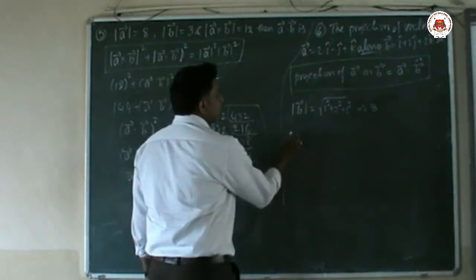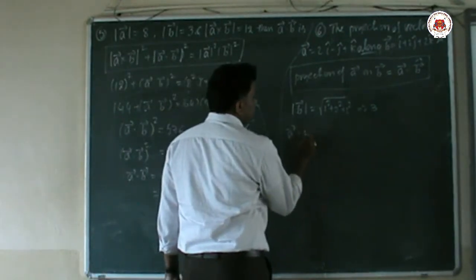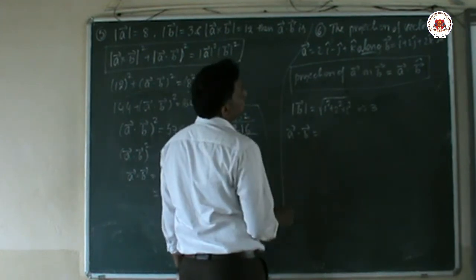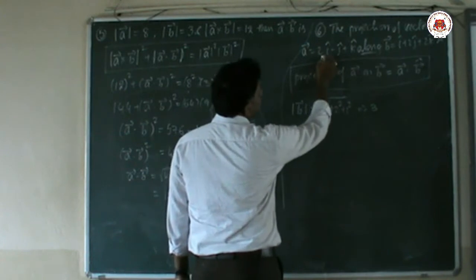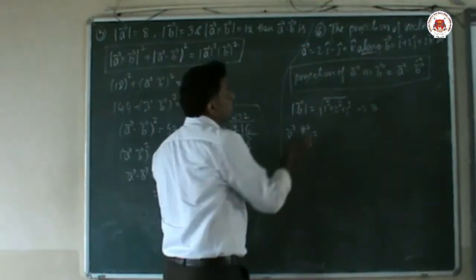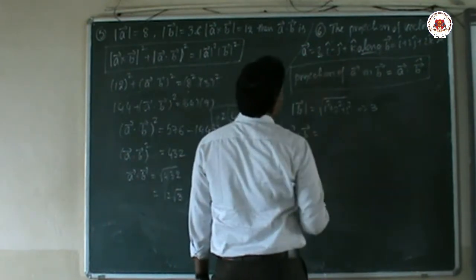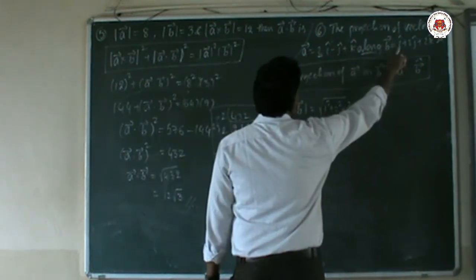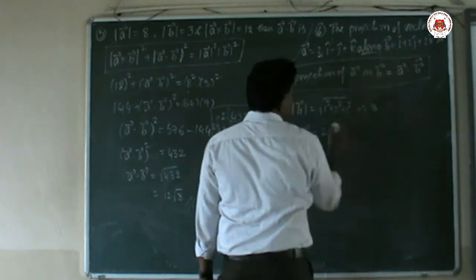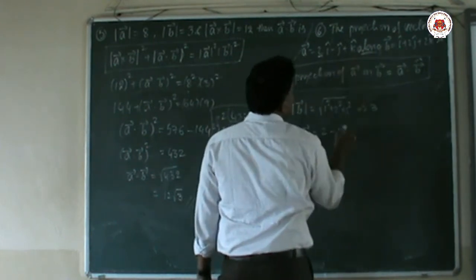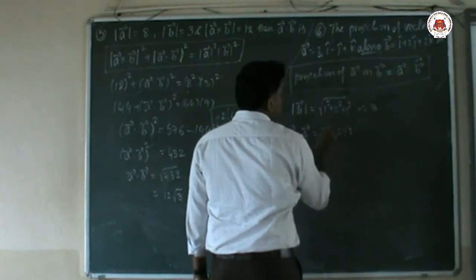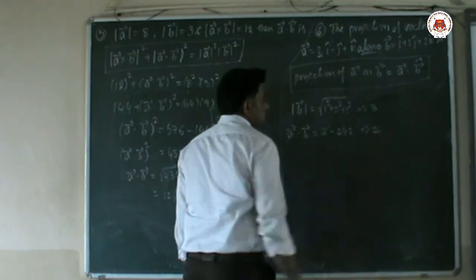Next I am going to find out the dot product of A vector and B vector. So vector A dot vector B. Dot product means we know I component into I component. Here A vector I component is 2, here B vector I component is 1. So 2 ones are 2. And here plus, minus into 2, minus 1 2s are minus 2. Next one is again k: 1 here, 2 here, 2 1 2s are 2. Plus 2 minus 2 plus 2, then the answer is 2.